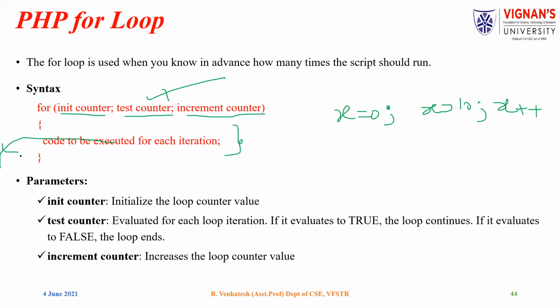If you want to come out of the loop in the middle of the for loop execution, for example, x equal to 1, x less than or equal to 10, x plus plus. Suppose I want to terminate this loop if it encounters 5. Otherwise, if it is not encountering 5, we need not exit the loop. So that condition is going to check if x is equal to 5, I want to come out of the loop. Which statement do I need to use? Break.